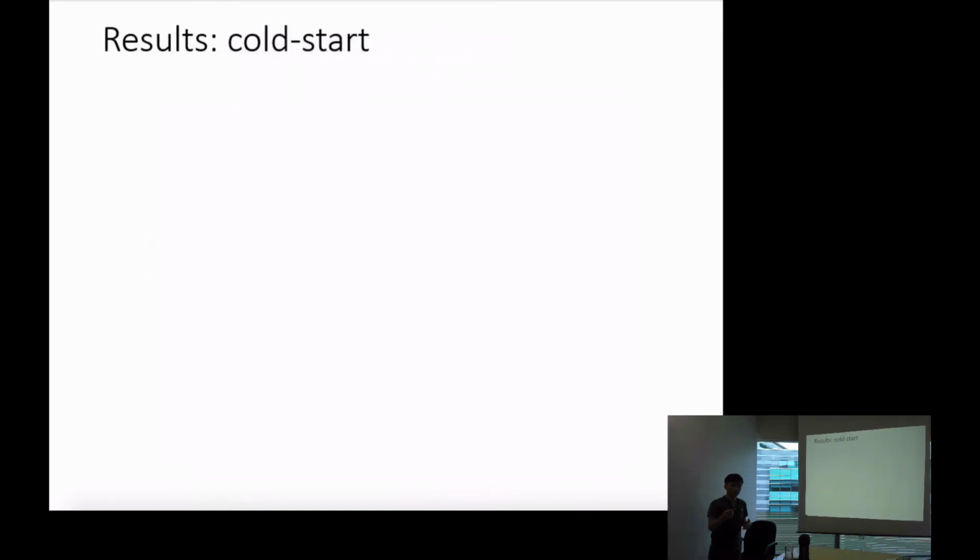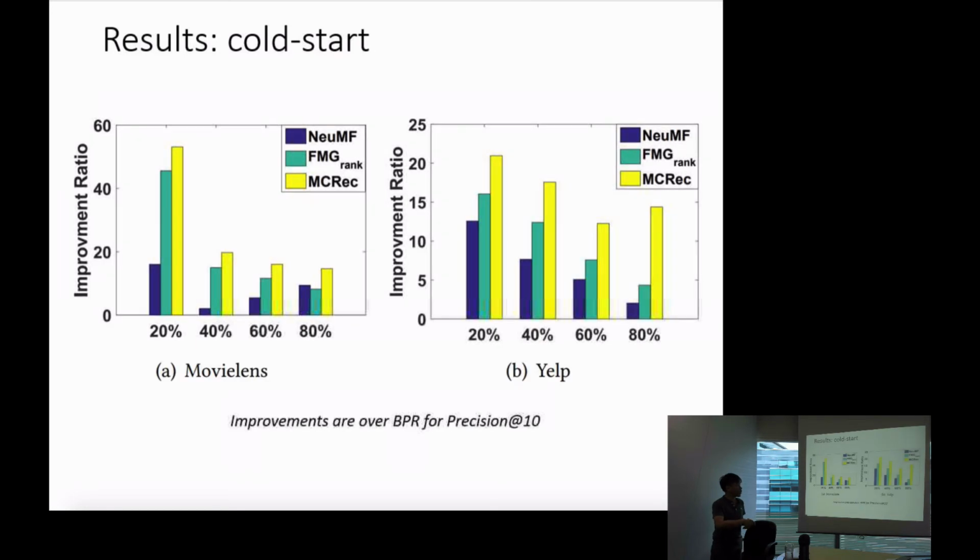They do the experiment over the gold star problem, and they basically split the data. Here the percentages are the training percentage of the training data: 20, 40, 60, 80, and these numbers are the improvement over the BPR model on precision at 10. So we're going to see that when the data is very sparse, we see the improvements. Basically, we benefit more from the network, and then we see the big improvement over the BPR model,